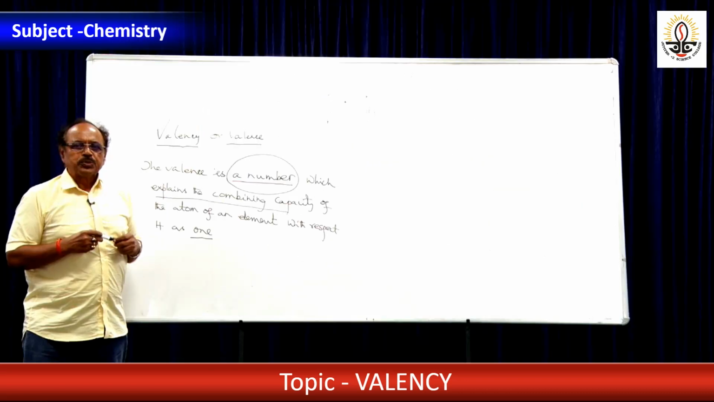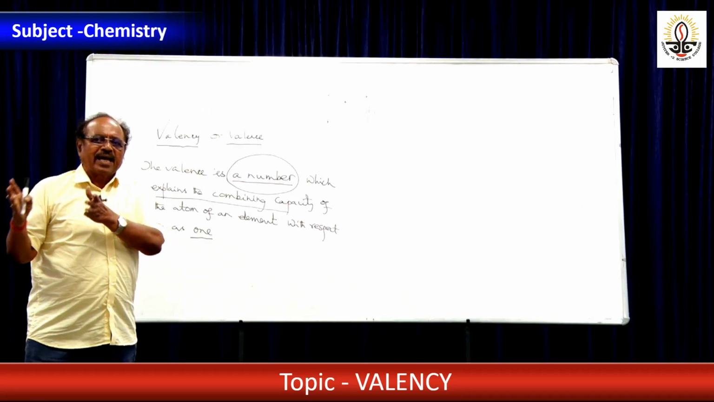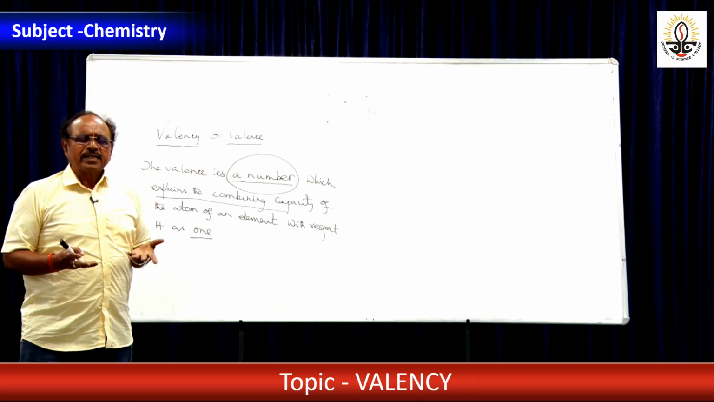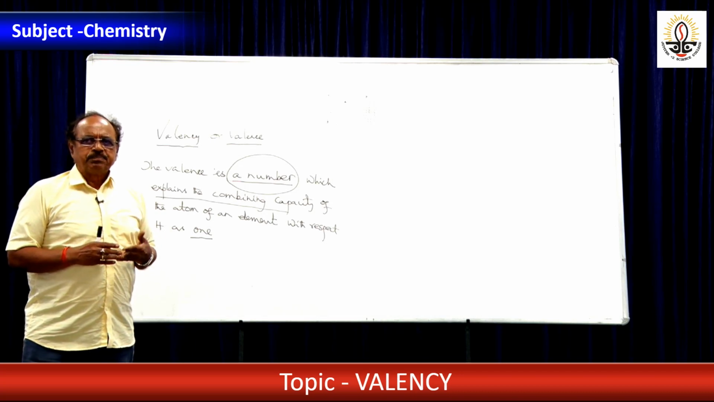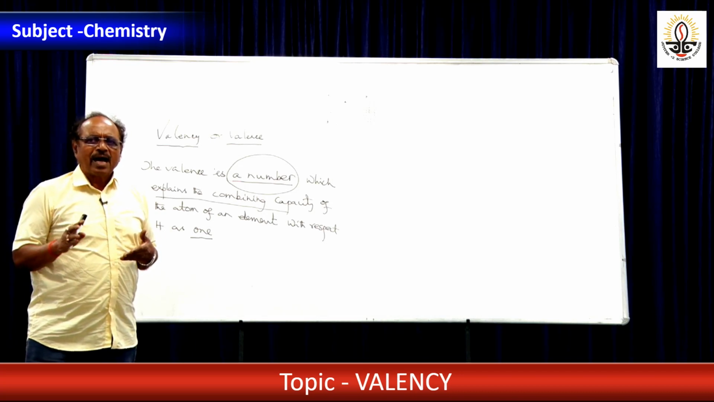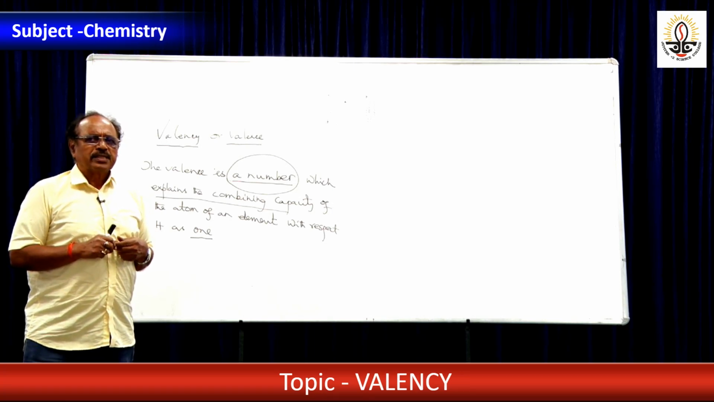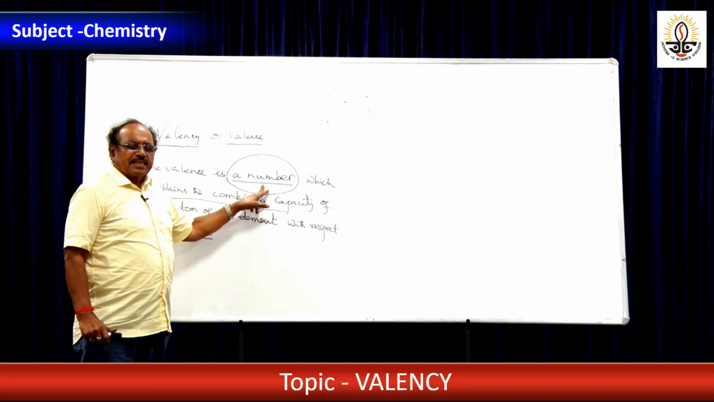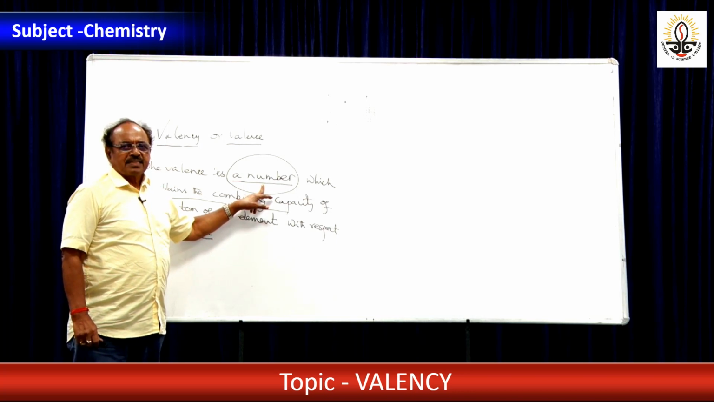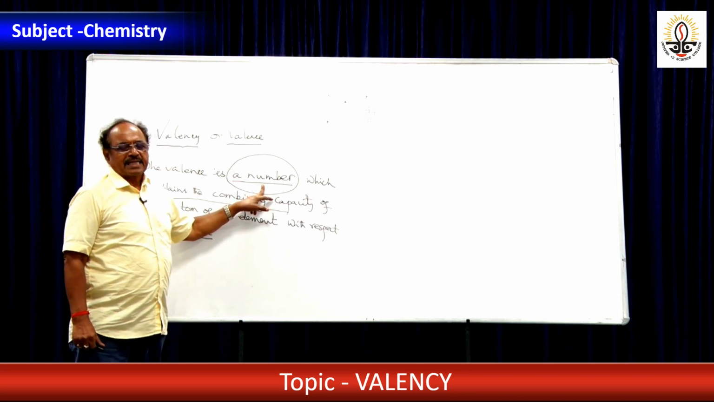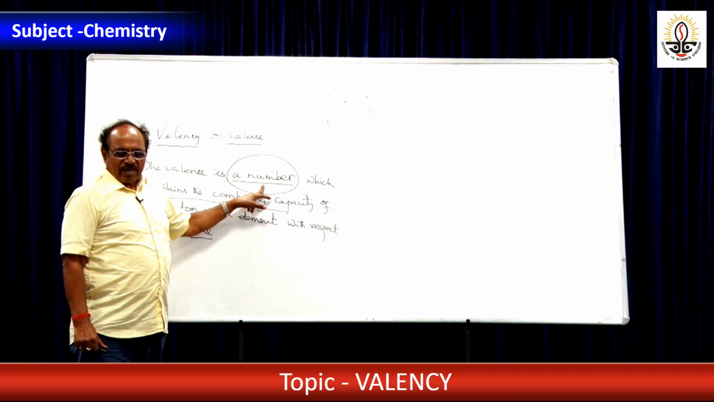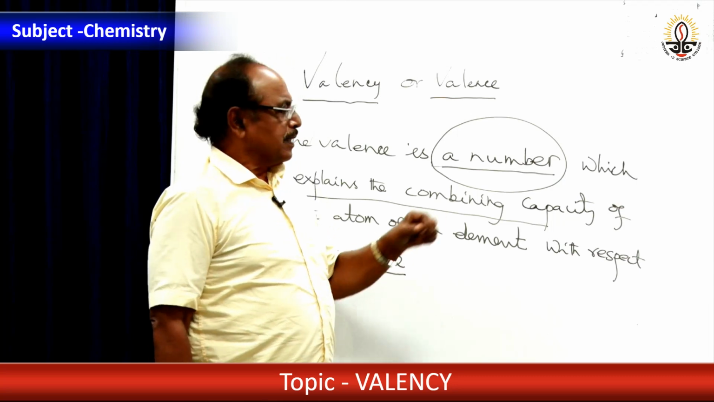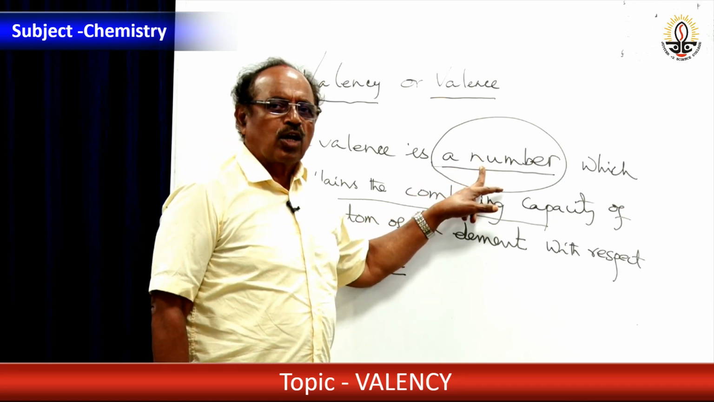What is a number? 1, 2, 3, 4, 5, 6, 7, 8, 9, 0 is also a number. These are the numbers. So, when I utter 1, I am not telling positive or negative, and I am not using any unit. So, the moment I say valency is a number, it means valency does not have any sign. Valency is never positive or negative, and valency does not have a unit,